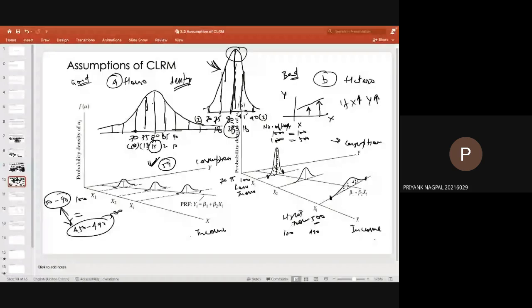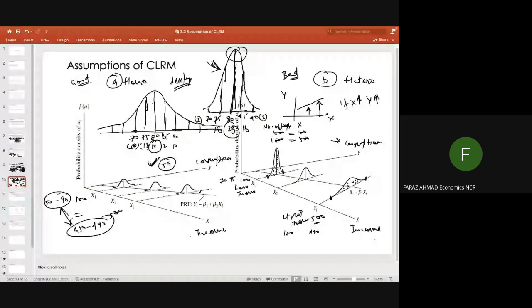Just one more thing. For assumption three, our agenda was to assume the conditional mean of mu i given xi to be zero, so that we do not have systematic errors. And over here also a similar agenda is there, that we want the randomness in errors to be there, right, sir? Yeah. We want randomness in errors, but at the same time, randomness would not be sufficient.